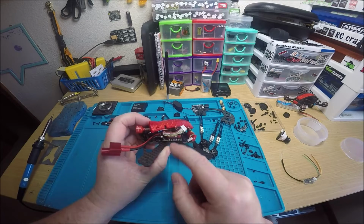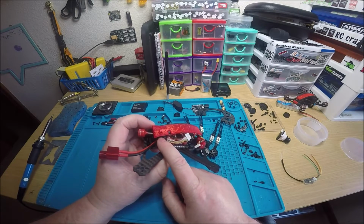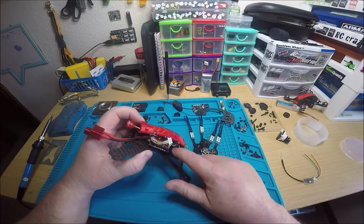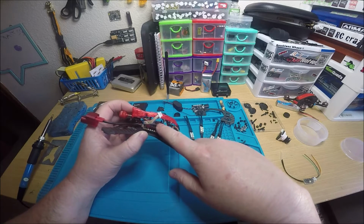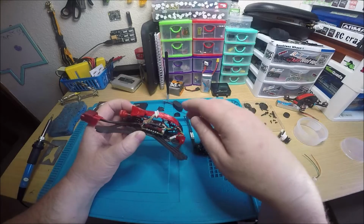So the VTX on top, the receiver will probably go back here somewhere. It might even go on the very bottom underneath the camera. I'm not sure yet, but there's room on top too, but I don't really want to put the receiver on top of the VTX. So